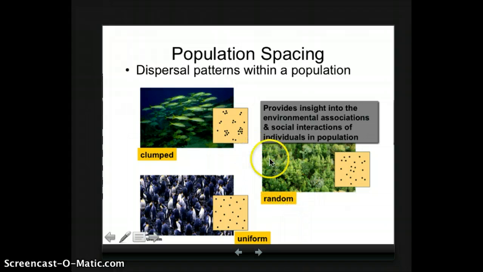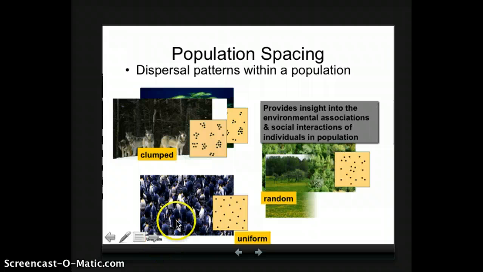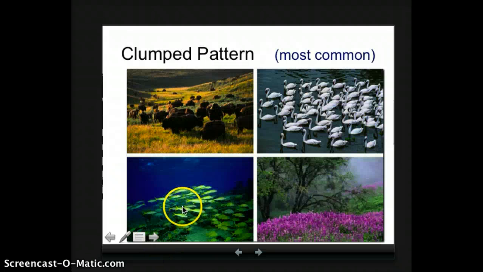So you might say that the clumped dispersion here of wolves benefits the wolves as a whole because they can take down larger prey when they're hunting together. Here we can see oak trees or maple trees that appear to be more random. That's because maybe their seeds are dispersed by the wind. Here we can see a uniform distribution because there might be some territoriality here for these, I think they're emperor penguins. Okay, so the clumped pattern is pretty much the most common dispersion that we find in nature, and